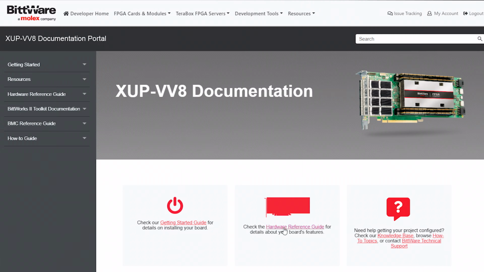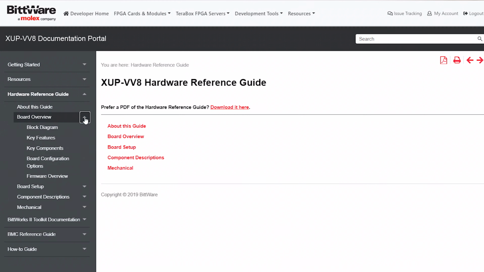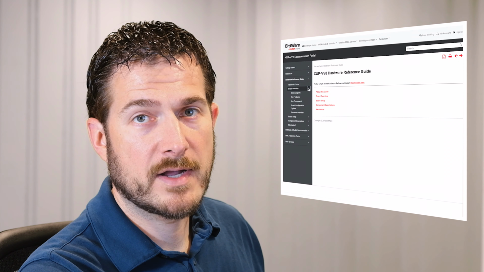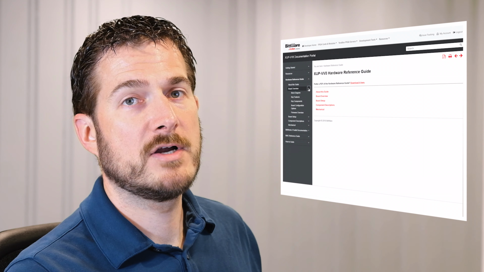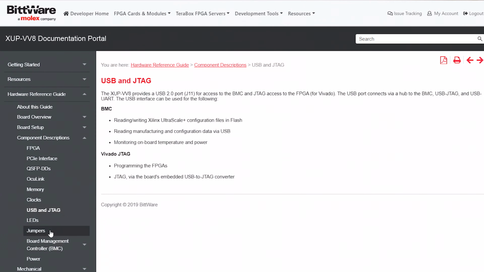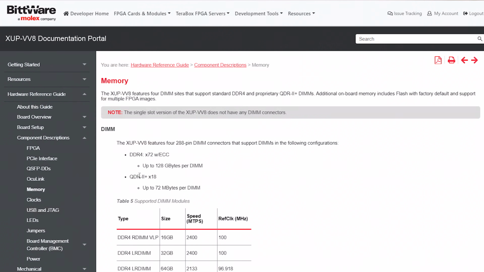Now let's take a look at the main document for our products, the Hardware Reference Guide, or HRG. So I'll click it here. As you can imagine, this document is the main source for detailed information about your Bitware product. As a side note, if you aren't yet a Bitware customer, but would like to see an HRG to learn more about a product, look for the request form on our public website under the various products. You'll see it there and can request the HRG to download.